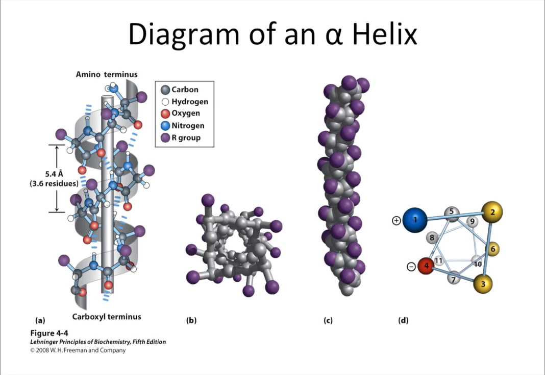One reason is that in proline, if you recall the structure we discussed before, the nitrogen atom is part of the ring structure, and it impedes free rotation about the alpha carbon nitrogen bond. That restricted rotation is why proline deters alpha helix formation. And glycine,